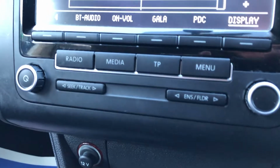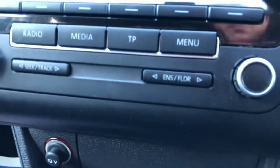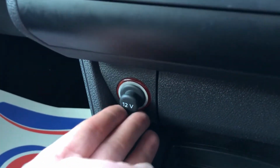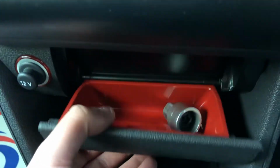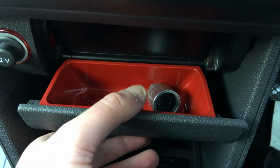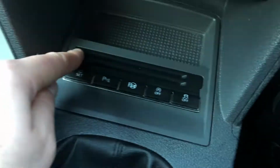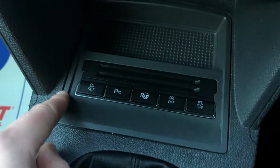Moving on down, we have our seat track button and our folder button, which presumably is for your CD player. You get a 12 volt socket here, nice storage cubby which also has the lock and wheel nut in. Another storage cubby down here which is probably good for pens and whatnot. Some card holders and your various